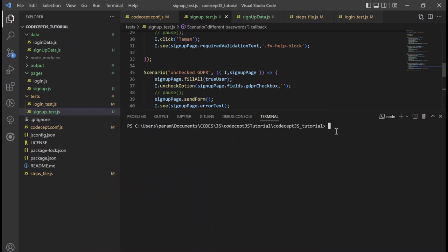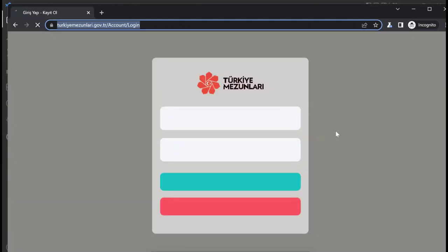So let's run all of our tests. We write npx concept.js run, and it will run 7 tests from our 2 files.